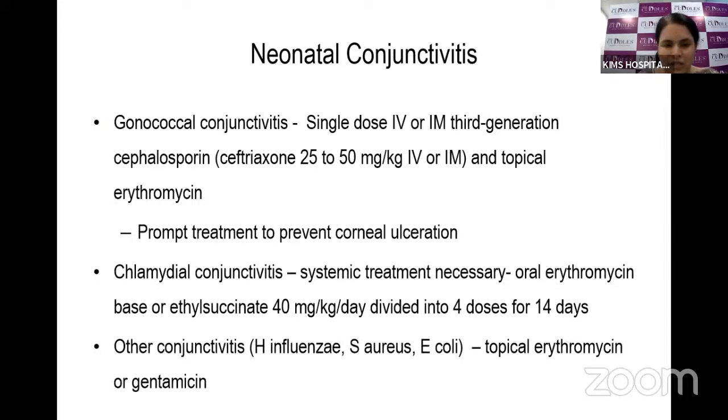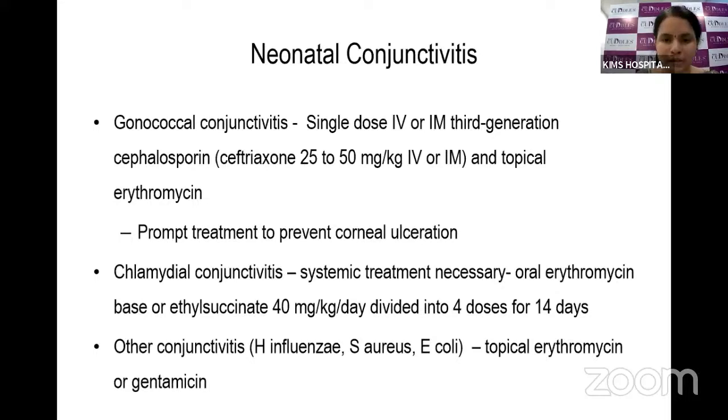But the most dangerous type of conjunctivitis that needs to be ruled out is gonococcal conjunctivitis. This is particularly likely when you are dealing with a baby with significant chemosis and lid edema, like this baby has. Here, the drug of choice would be a single dose of intravenous or IM third generation cephalosporin in the form of ceftriaxone 25 to 50 milligrams per kg, combined with topical erythromycin, and this prompt treatment is absolutely essential